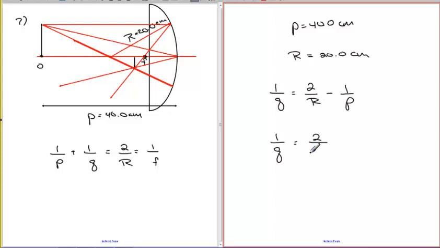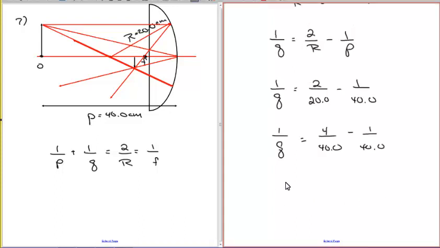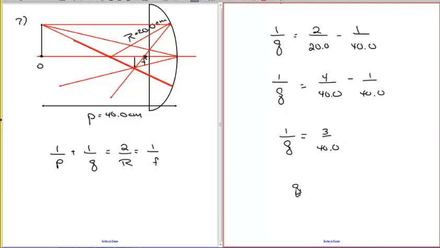So we get 2 over 20 minus 1 over 40. And let's go ahead and find the common denominator just so we can do it. So the common denominator would be 40, so you multiply both the numerator and the denominator by 2, so you get 4 over 40 minus 1 over 40, which is 3 over 40. So 1 over Q is equal to 3 over 40. And then you take the reciprocal. So Q is equal to 40 centimeters divided by 3, which is going to be